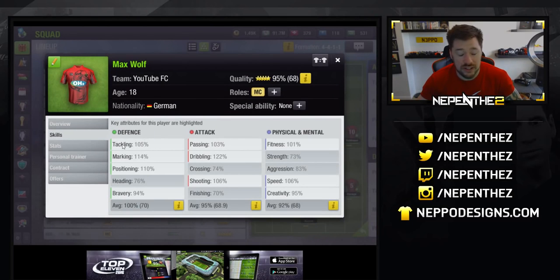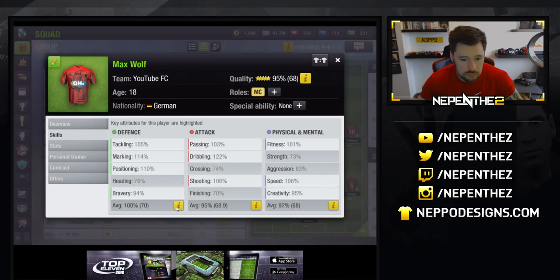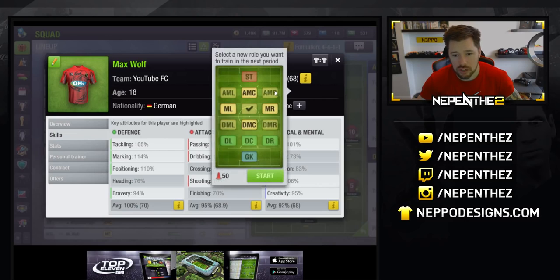Yeah, so look at his defence. 105% tackling, 114% marking, 110% positioning, 94% bravery, average at 100%, which says Max Wolf is a 100% capable defender for your club level. So for me, buying him as a, like, basically what we're going to do is we're going to do this,